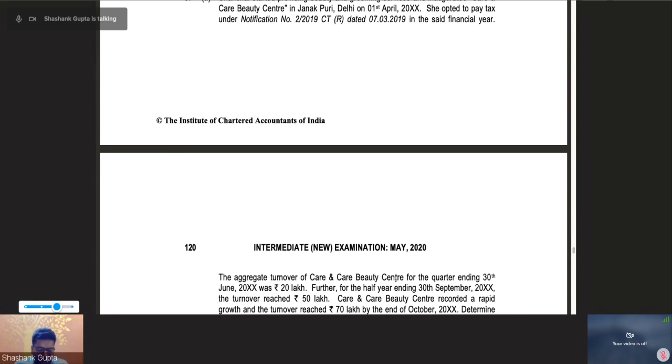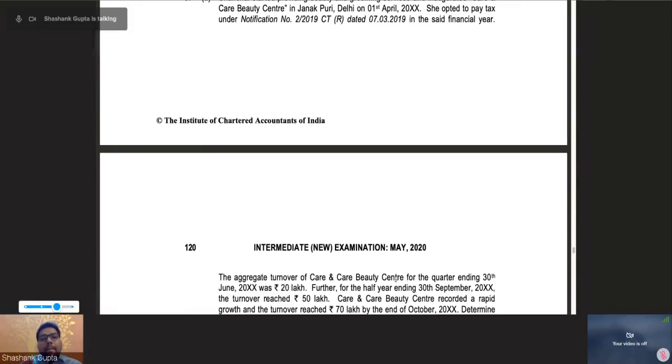But will Chanchal avail the notification under 2/2019 on day 1, or should she first wait to cross the threshold of registration? You start a new business. You start a service providing business. You know that because you are based in Delhi, the threshold for obtaining registration is 20 lakh. So the day you begin your business, right away will you apply for the composition scheme, or will you wait at least till the time you cross the registration threshold?